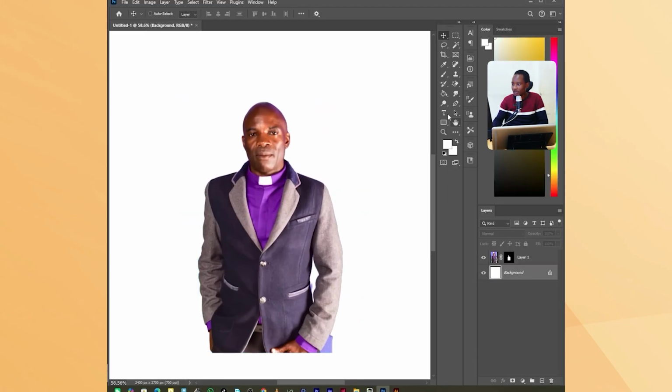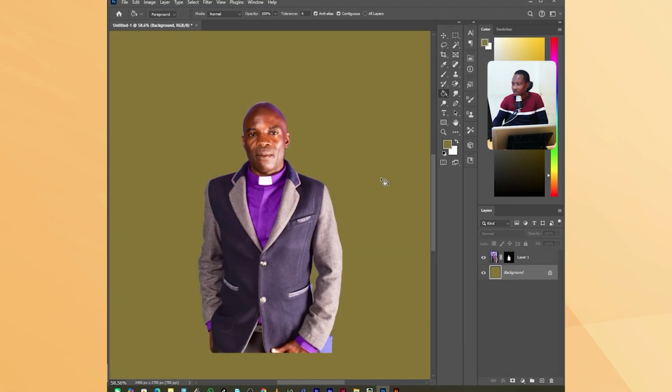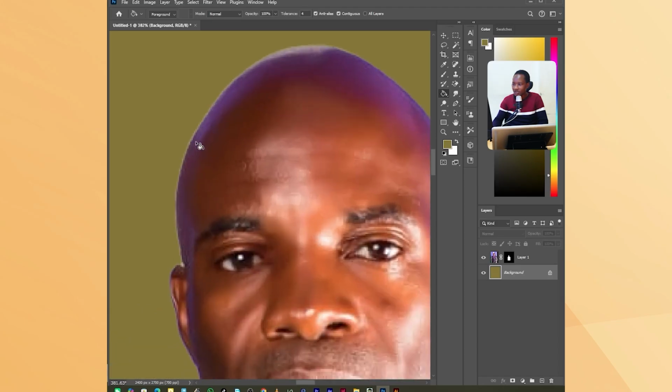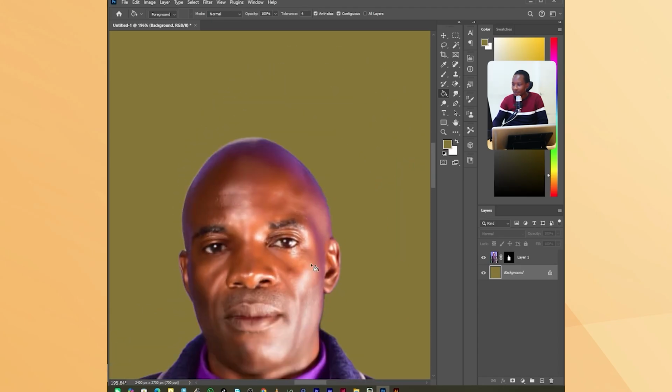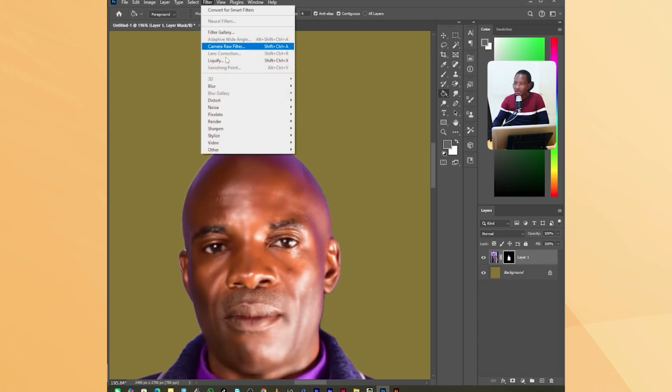So I want to introduce another color down here so that I'm able to see if there are halos around the subject, and by halos I mean these small areas. So the way to remove them, if you have a tablet, you can use a pen and go in with a brush and remove it, or you can come here, select the mask and then come to filter and choose